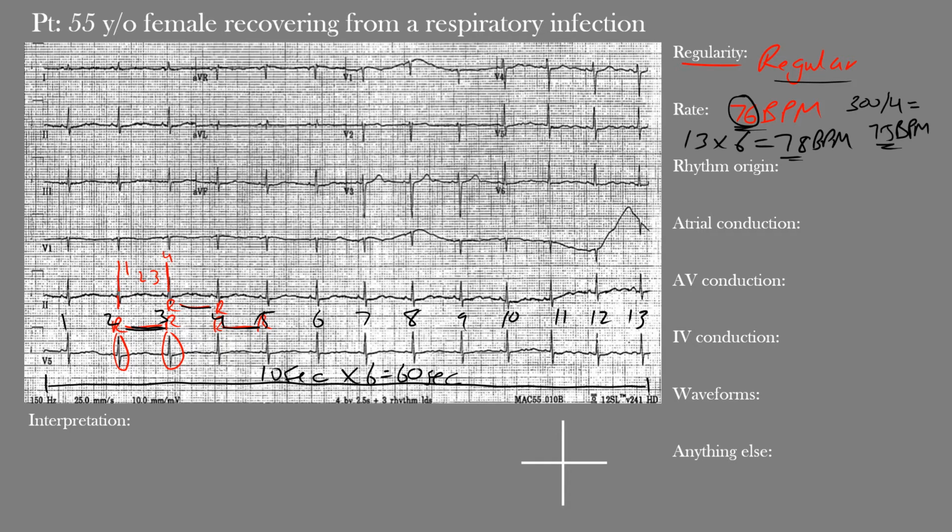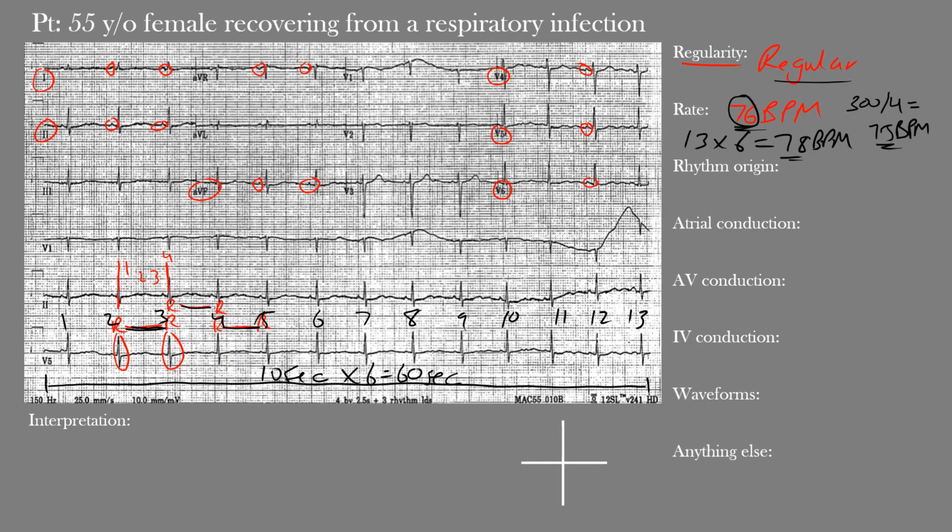Okay, so how do we know if we have sinus rhythm? So notice our P waves, they're smaller here, but we can make them out. Okay, this is a P wave. Here's another one. Okay, lead 2, we can see them as well. And you can see them here in AVF. All right, and we want to see them in leads 1, lead 2, okay, even AVF, some of the inferior leads, and also in those lateral leads, so V4, V5, and V6, okay, so here's a P wave upright, another one, and so forth, all right, and they all look the same. And then if you look at AVR, we can see that inverted P wave,